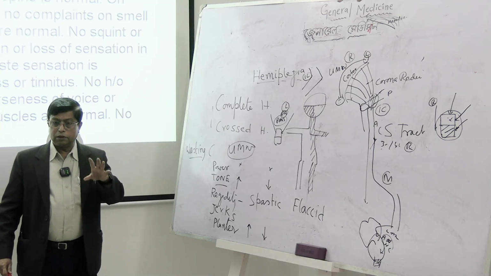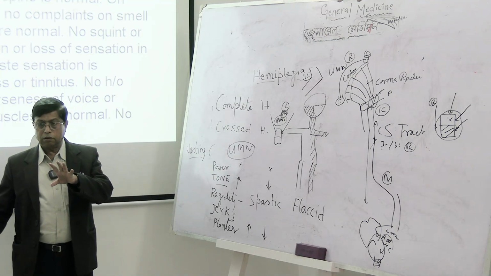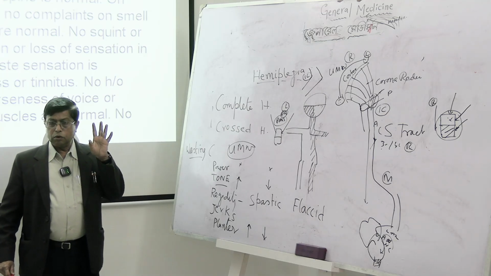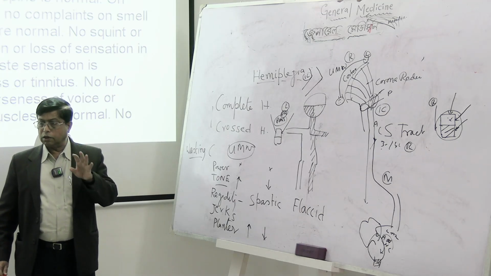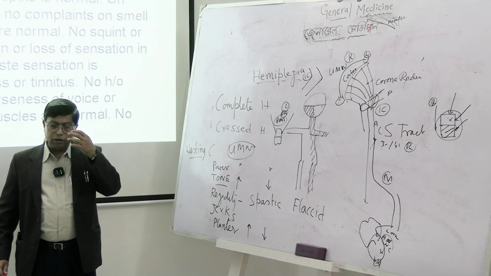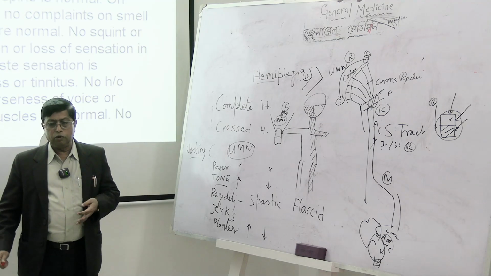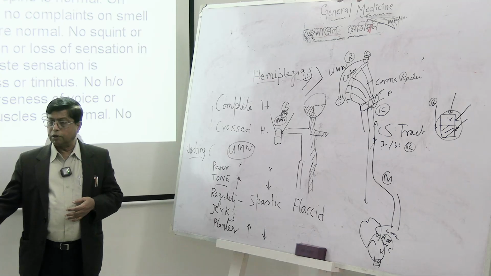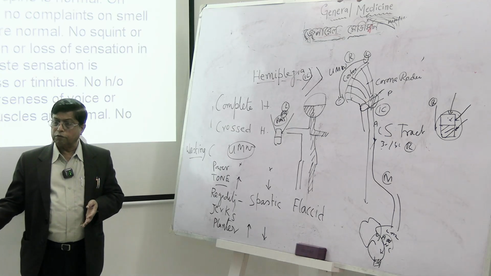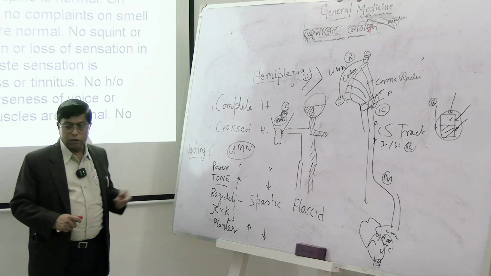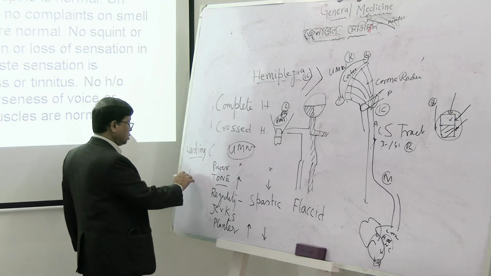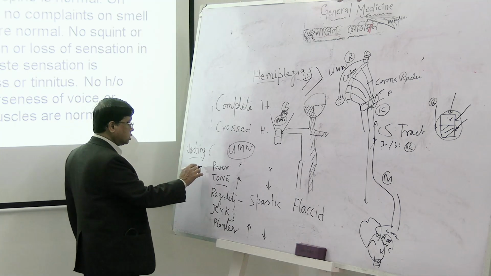But it occurs in upper motor neuron lesions due to disuse atrophy. Disuse means that if you do not use your limb for a prolonged time, there may be some atrophy. But wasting is a feature of lower motor neuron lesion, of anterior horn cell lesion,